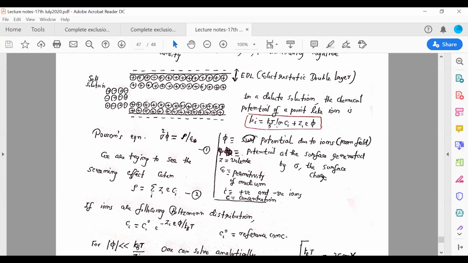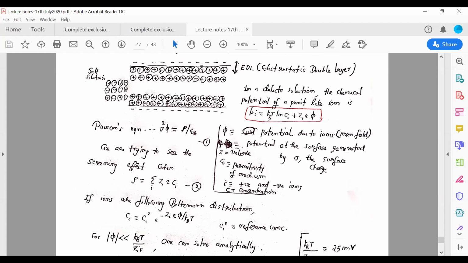This chemical potential actually depends on the concentration, see, ln Ci. So this is similar to the Fermi level. In solutions, we have the chemical potential, and corresponding to that, we have some kind of potential energy also. Now we are trying to understand how far this field can penetrate. We are just trying to estimate based on Poisson's equation.